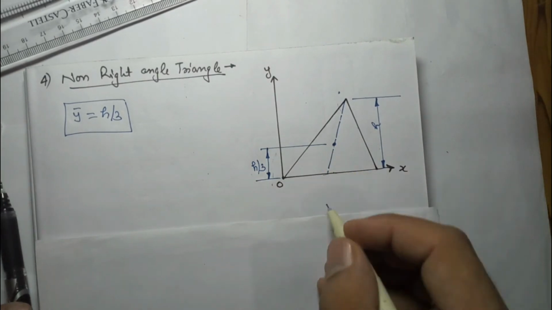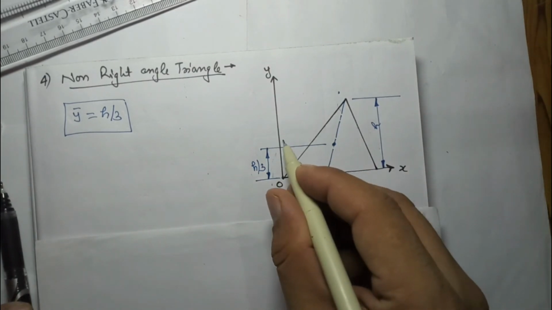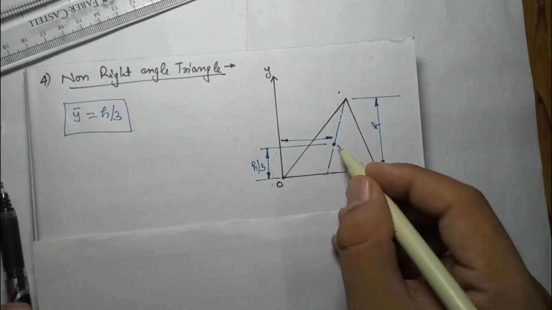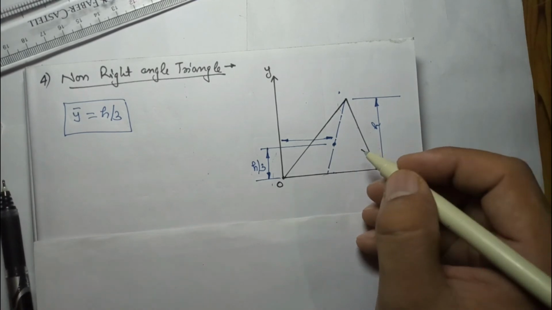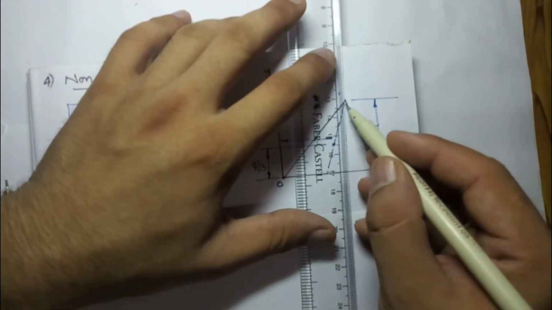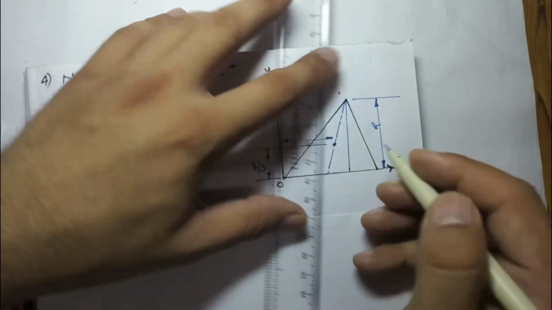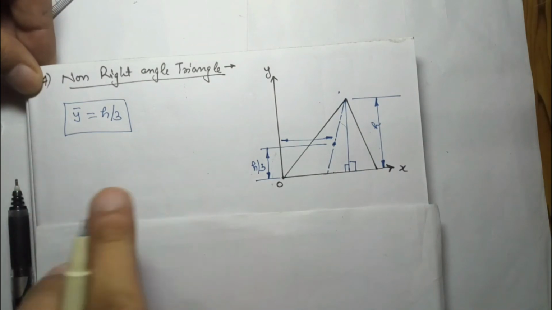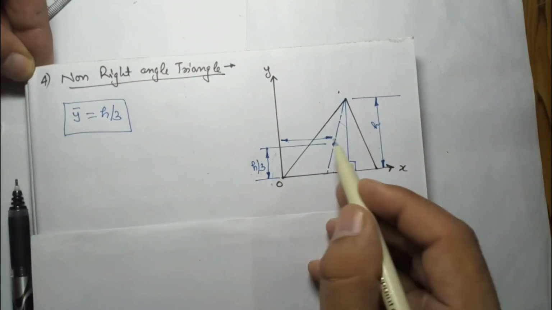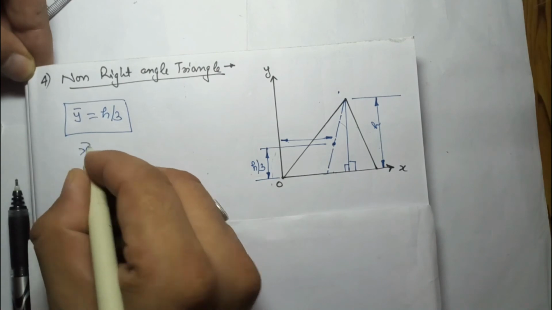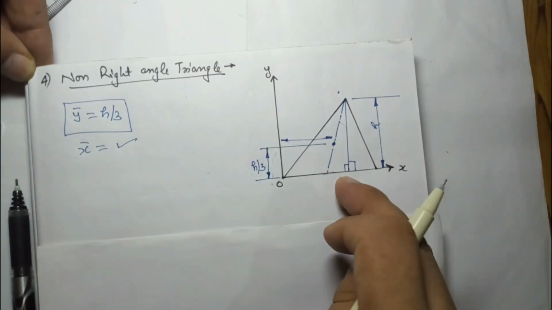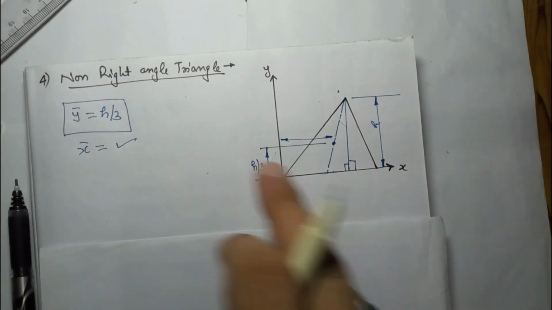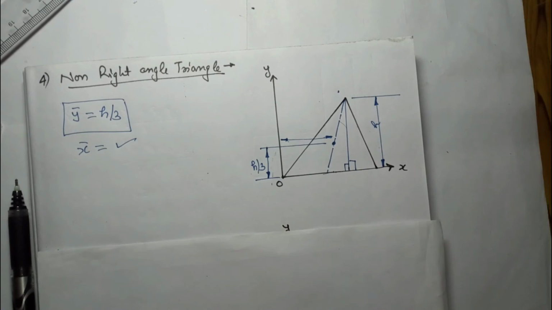But what will be the x bar? Meaning, if I have to find this distance, where will it lie? To solve this, I cannot solve directly. I have to again make it into two right angle triangles, like this. Then we use the same formula of the right angle triangle which we covered earlier, and then we will find the value of x bar. I will not give you any formula for this. We will calculate by making it two right angle triangles, then use the same formula. I will solve a few numericals and we will see over there.